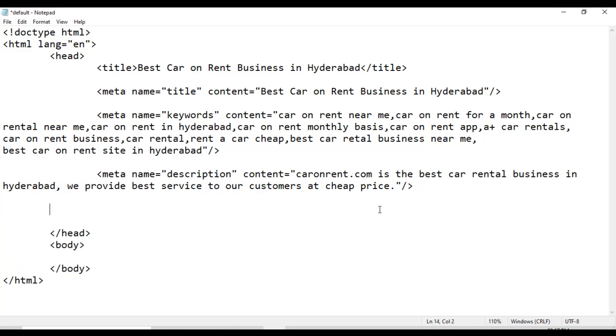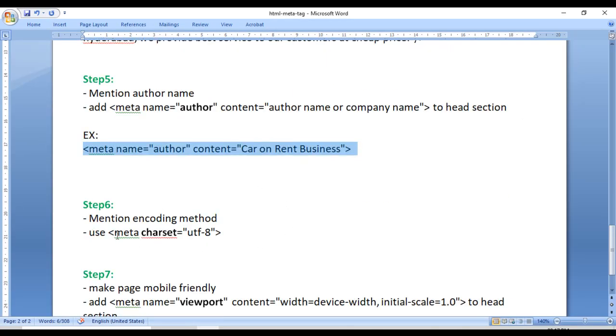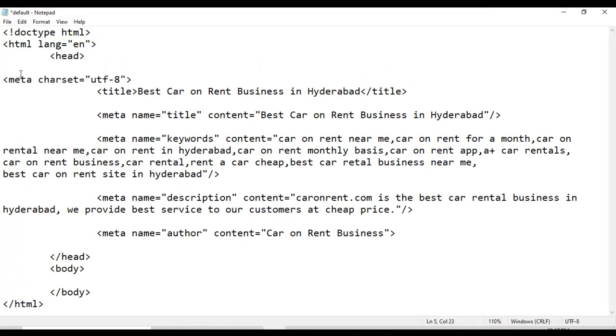Okay, so you can write either, if it is a blog, let's say if you are creating a personal portfolio, then you can write your own name here. Or if you have a book website, in that you have to write the author of the book, like that. Next, we have to mention the encoding method, meta charset equal to UTF-8, which